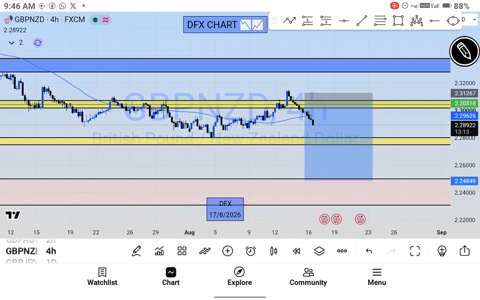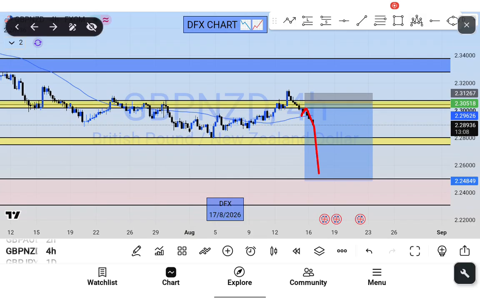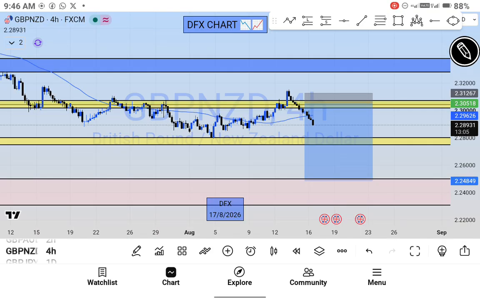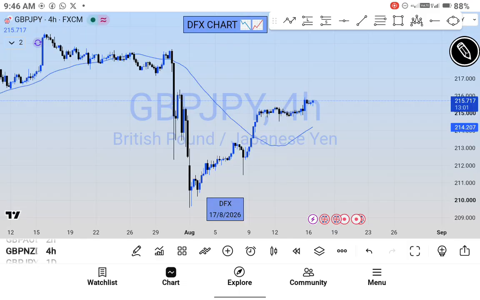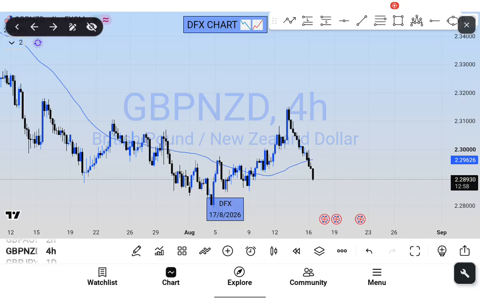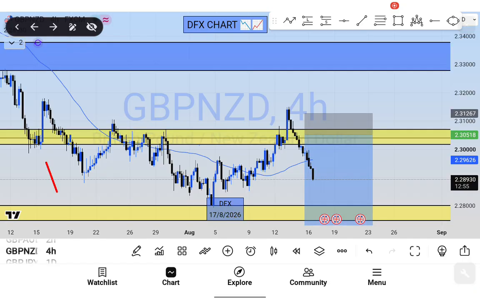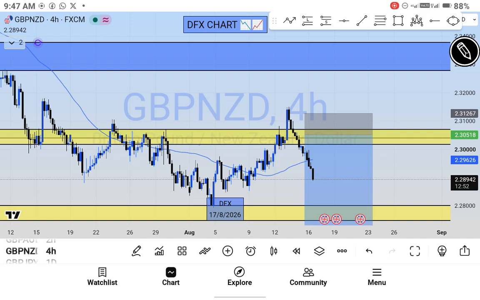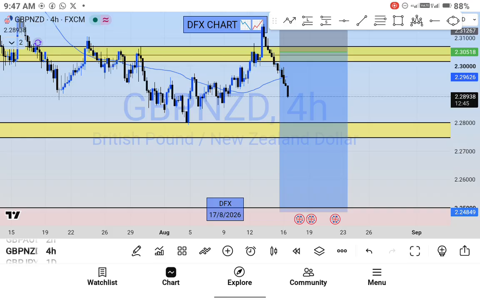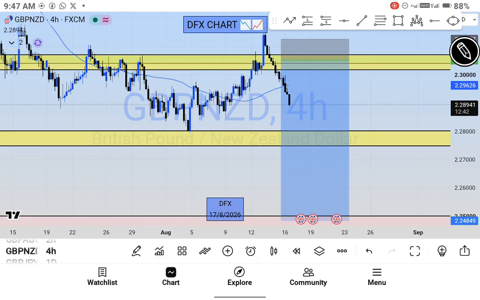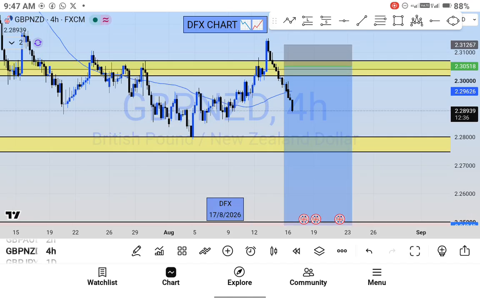Okay, as you can see, I was expecting a retest to this point before I sell, but I didn't get that. So it's moving already. So no trade on this. Before I will be taking any trade on that, if we have a drop to this point. If we have a drop,